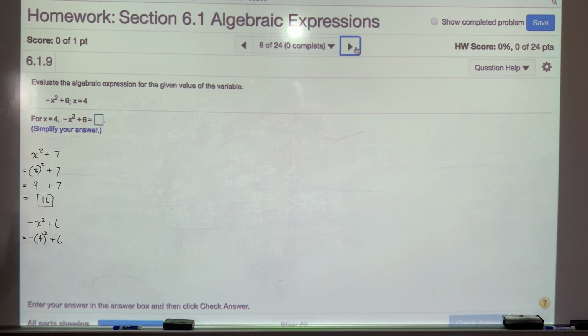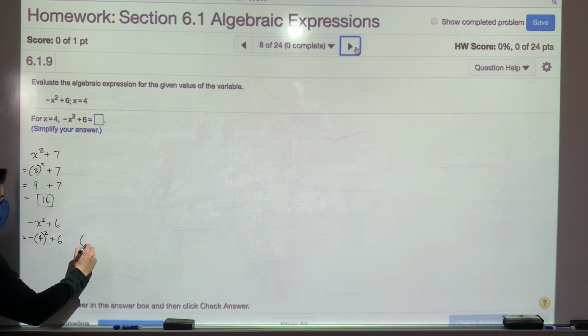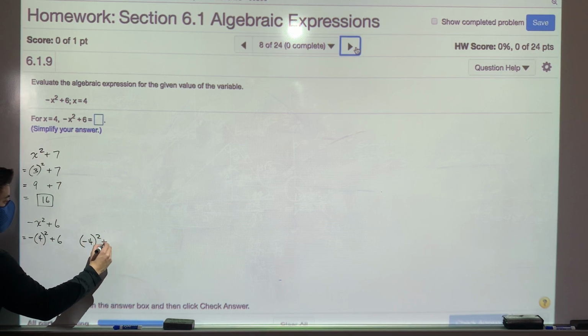Notice how I substitute with parentheses, and what I do is I literally replace the variable itself, not the sign in front of it, just the variable, with a set of parentheses and whatever value we're supposed to be substituting or evaluating for. So you want to be very careful that in this problem you don't make this mistake,